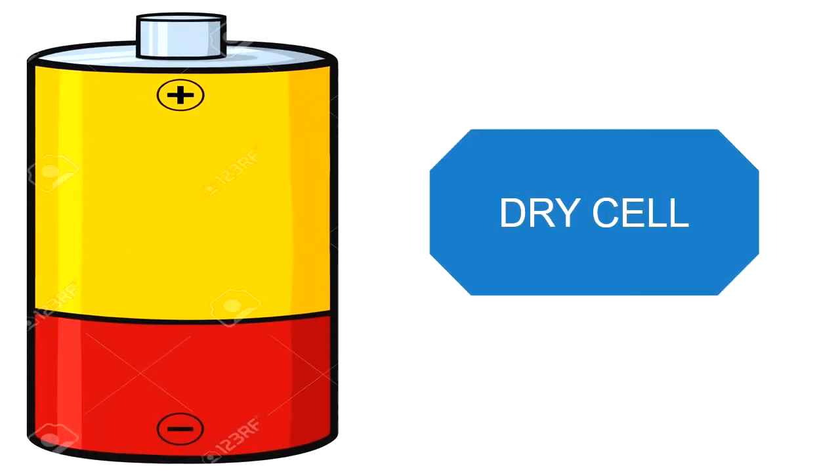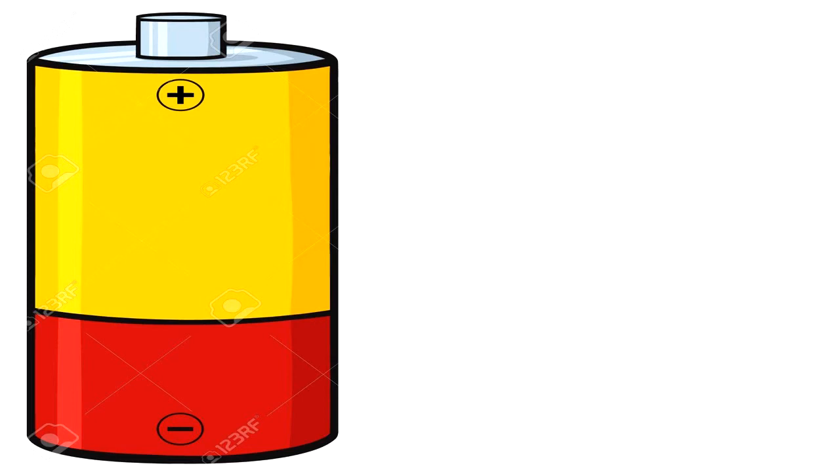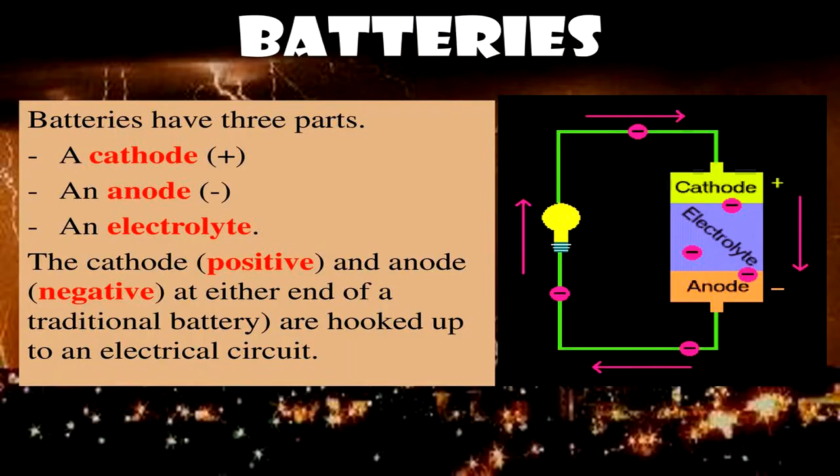A dry cell is the most common type of battery used today. It is a type of primary battery. It basically converts stored chemical energy into electrical energy. In the most basic terms, a battery cell is made up of three components: an anode, a cathode, and the electrolyte. When a battery is supplying electric power, its positive terminal is the cathode and its negative terminal is the anode. And the medium that separates both the terminals is called the electrolyte.